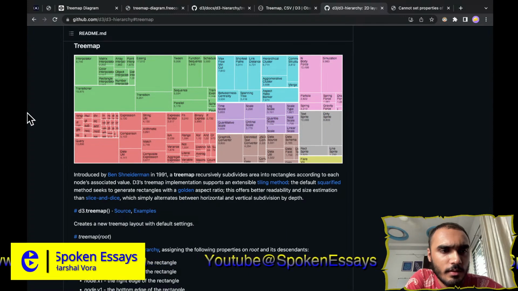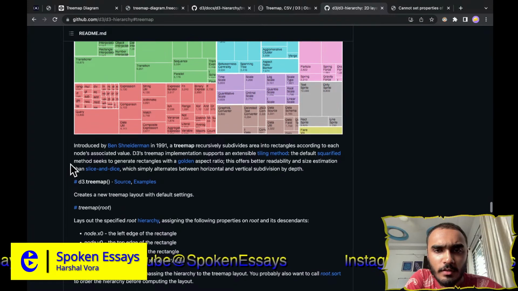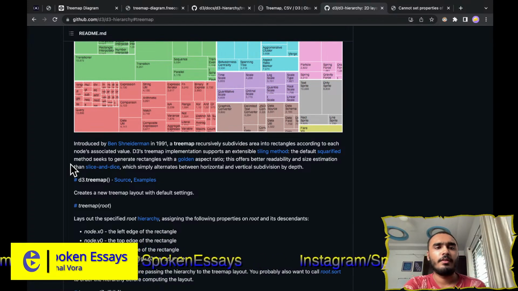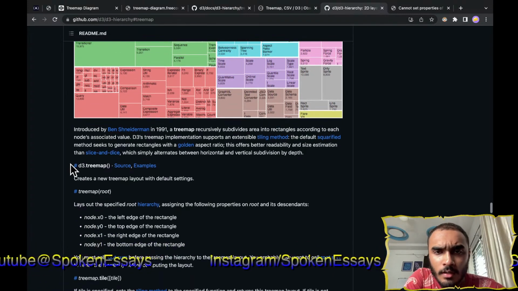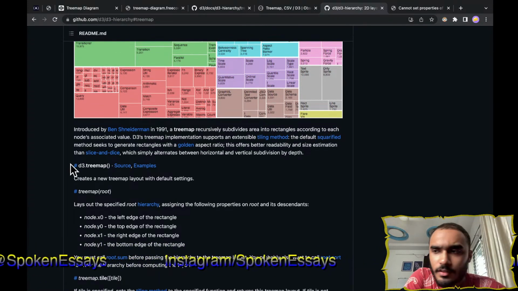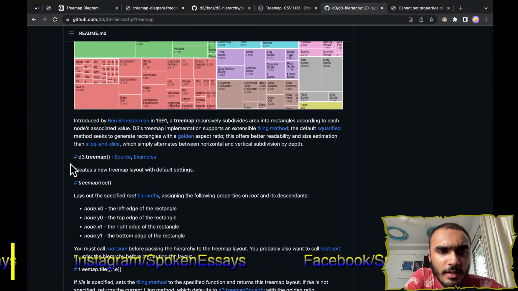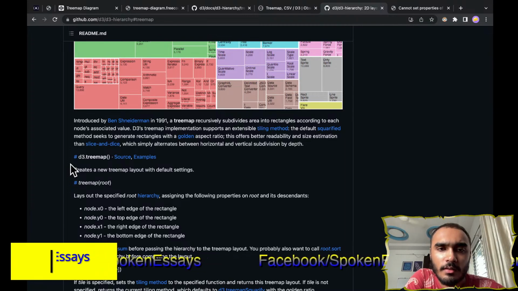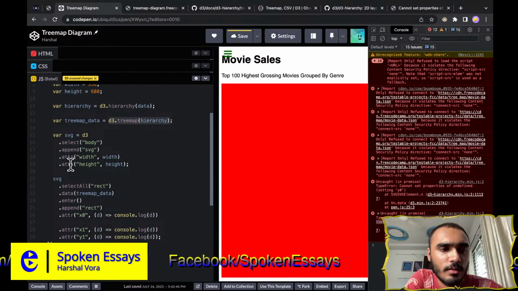Treemap, please. A treemap, because it subdivides area into rectangles according to each node's associated value. D3's treemap implementation supports an extensible tiling method. The default squarified method seeks to generate rectangles with a golden aspect ratio. Yes, I like that. This offers better readability and size estimation. That means